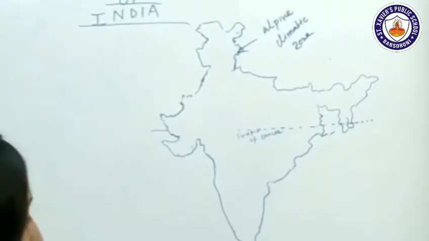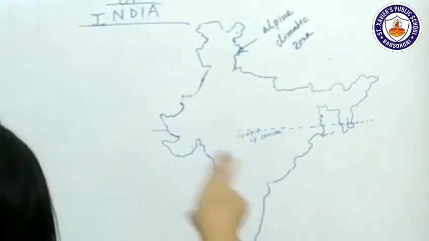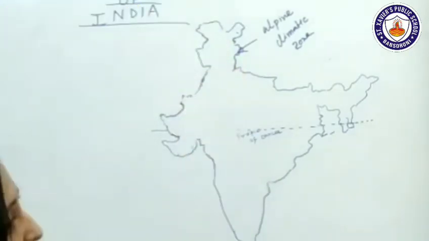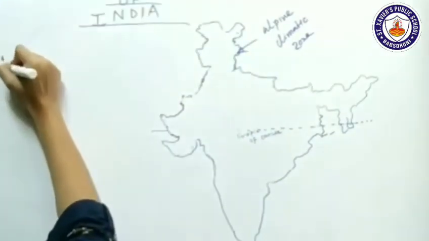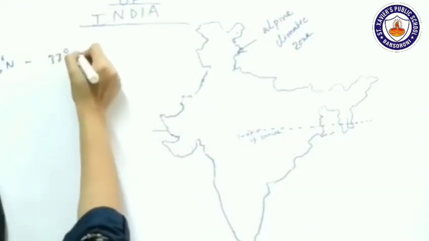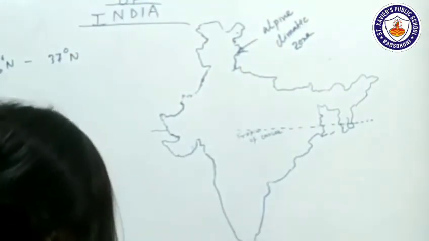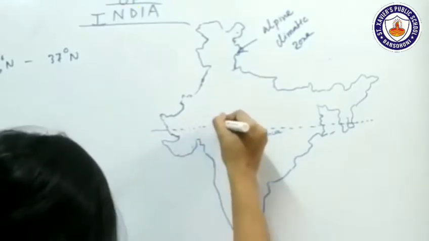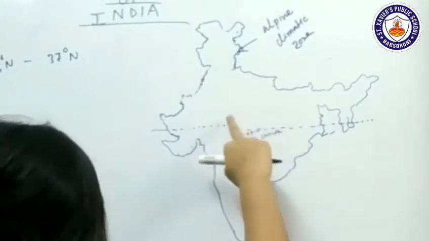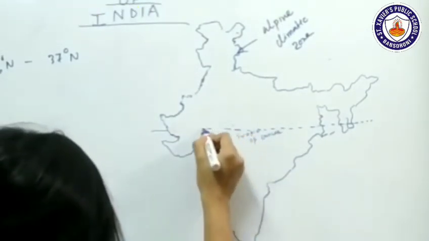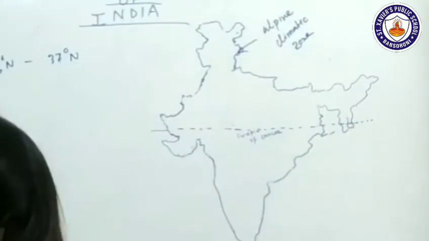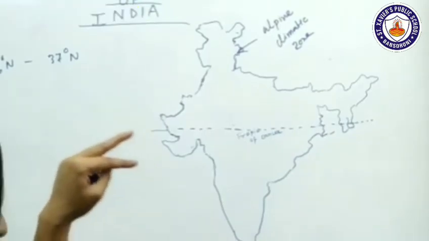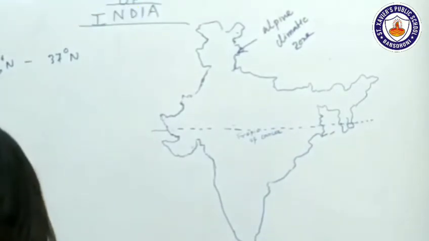If you see the continental extent, the latitudinal extent ranges between 6 degree north to 37 degree north, right? It's a huge and diversified areal extension. And we know that the middle portion of the country is crossed by the Tropic of Cancer, right? So if you divide the Indian continent into several climatic zones,